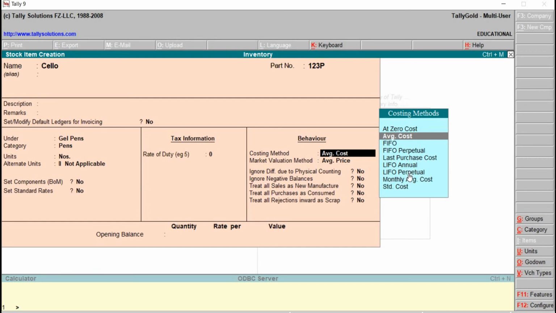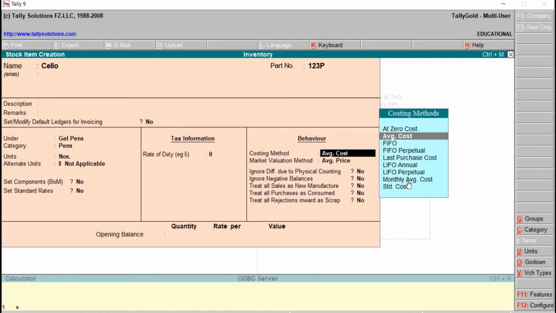The next one is LIFO perpetual, that is last in, first out perpetual. It is the same as LIFO annual, but the last purchase price continues from the previous financial year.